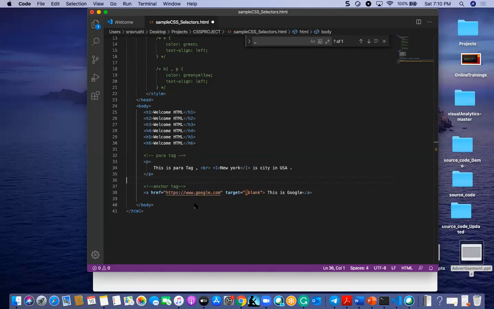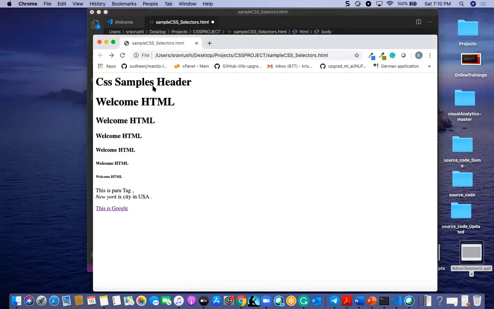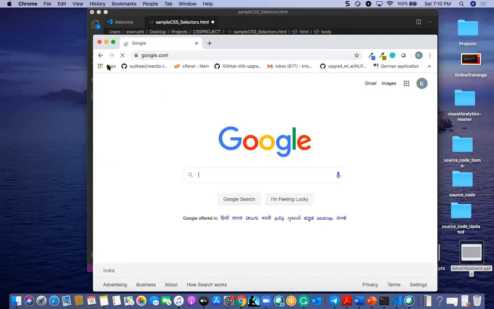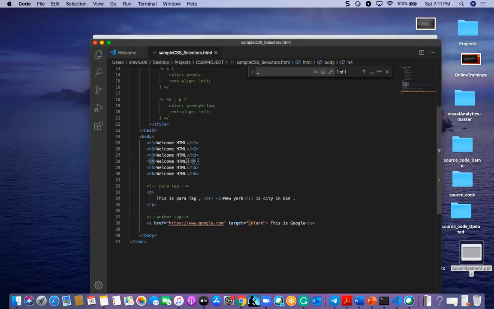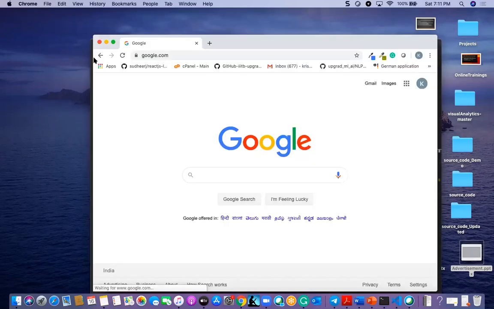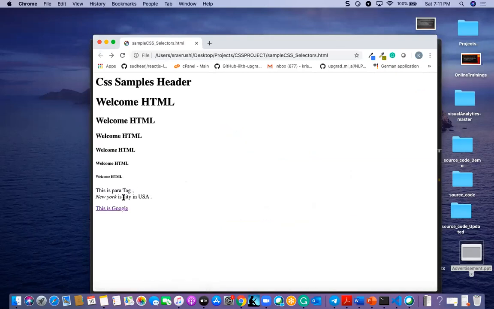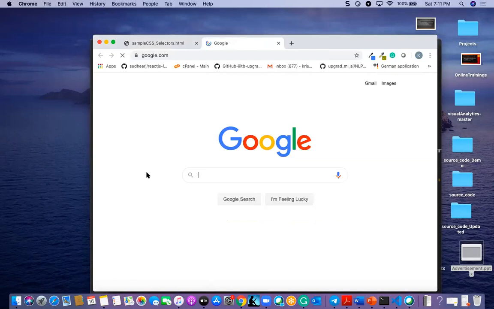So let us see what the result is in the browser. 1 second. I'm going to refresh this one more time, and I think it's not saved properly. Yeah. So now you can find here, I am going to open this in a different tab.